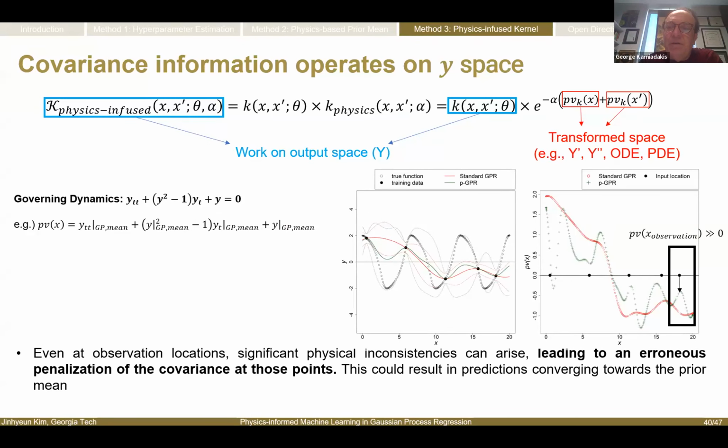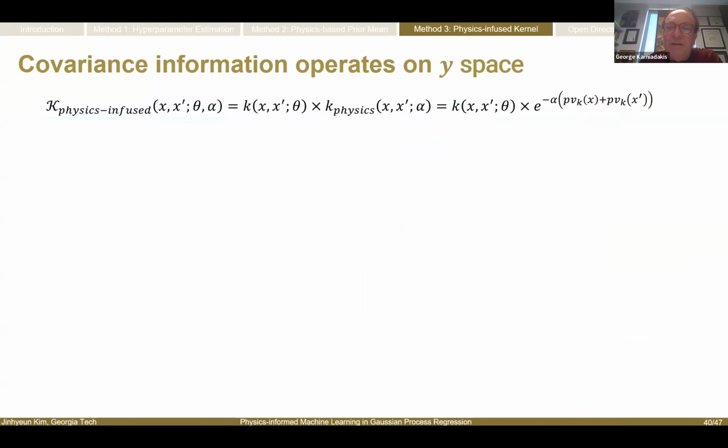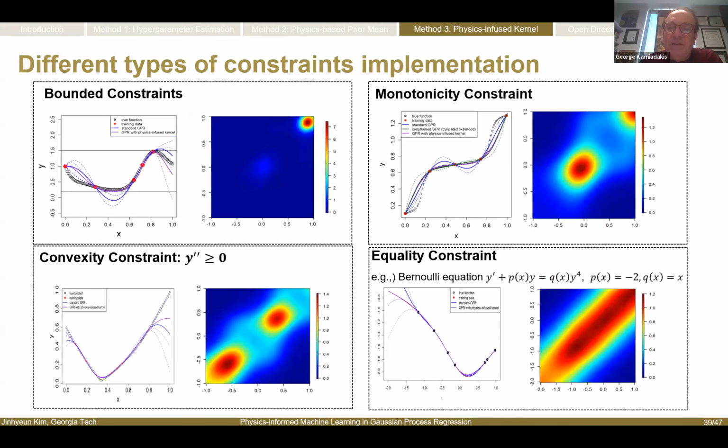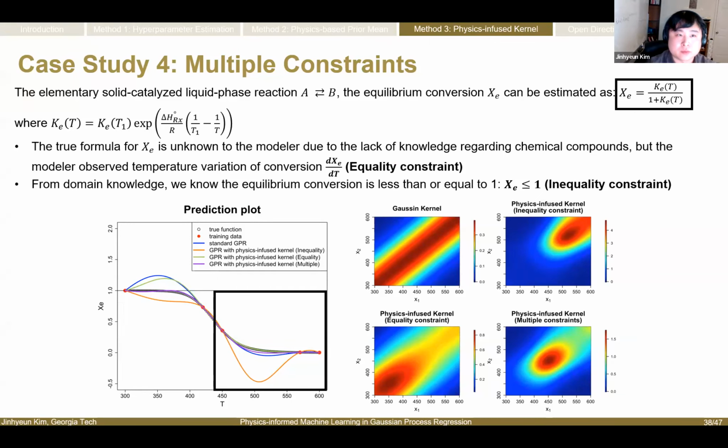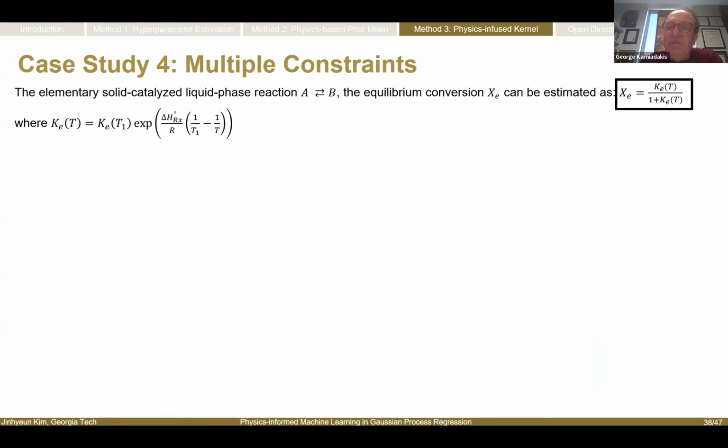I don't know if you know the paper by Gofei Pang and myself on NNGP in the Journal of Computational Physics, where we use the data as an input to a neural network, and then you can choose any constraints or any physics that you want, and then you get a covariance kernel, which actually follows the physics directly,